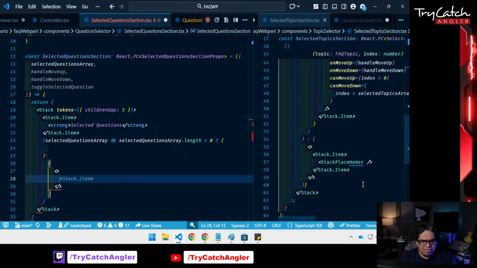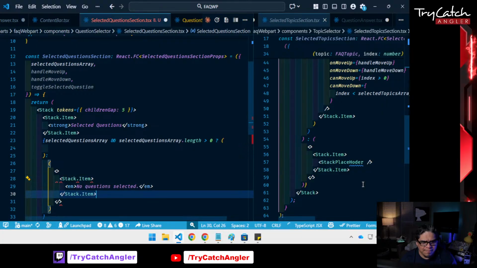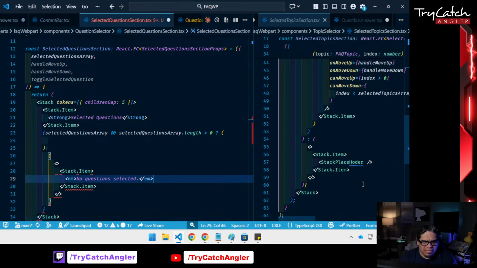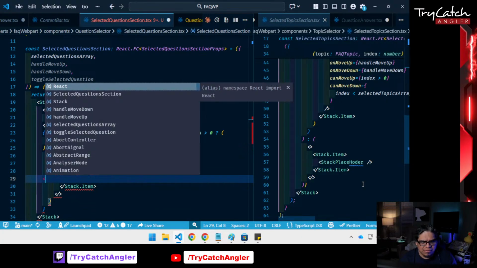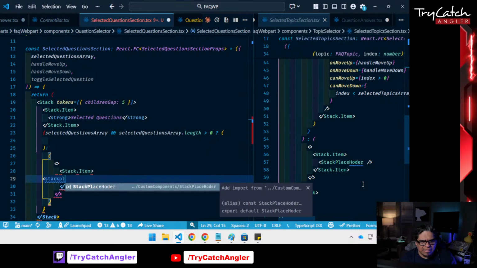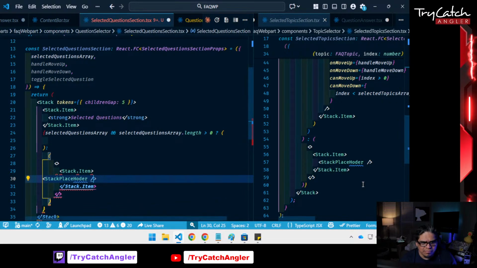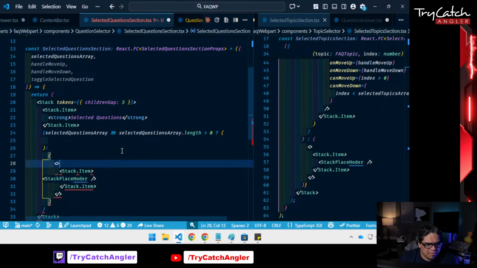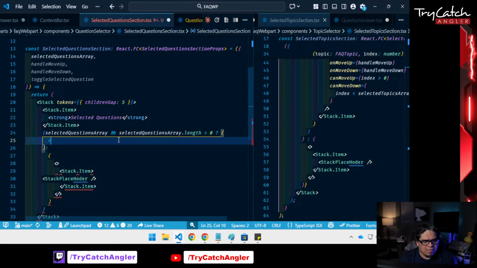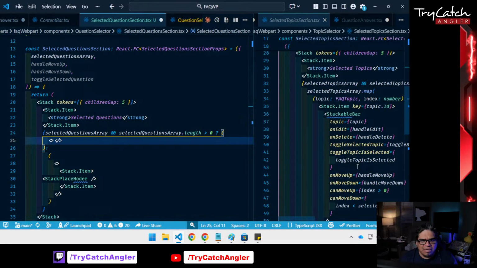And the placeholder is going to use stack item. And instead of this, we're going to use stack placeholder. All right, and what is the problem? Okay, I figured that's what did. All right, so now,